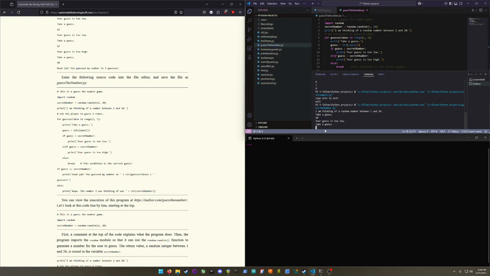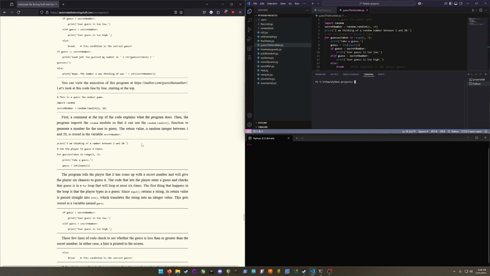So I'm going to start with 10, too low, so I need to do 15 maybe. Oh, that was a typo. Too high, let's try 12, too low, 13, too low, 14. There we go. So one important thing to note is I'm importing the random module, and you can see me